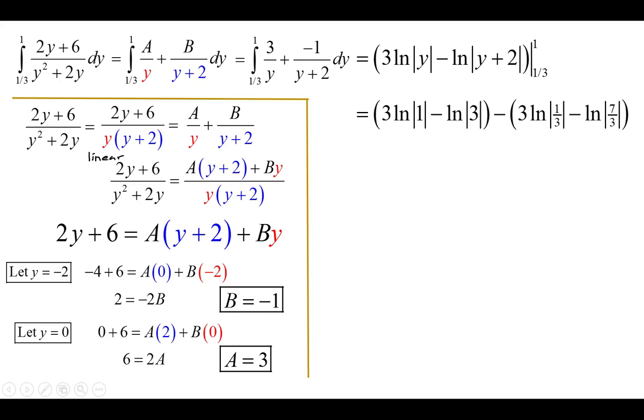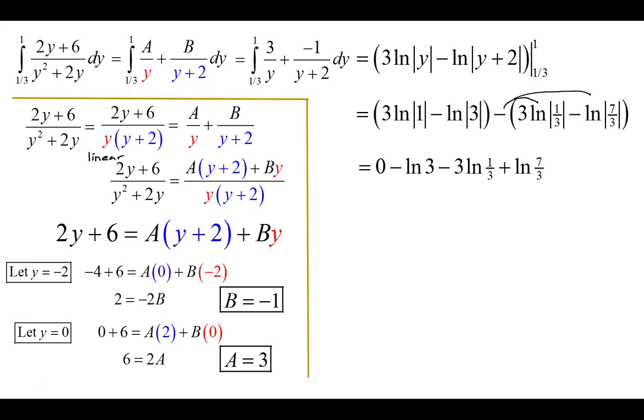So I'm going to put a 1 in, and I get log 1 and log 3. When I put a third in, I get log a third, and then 2 plus a third, that's 6/3 plus a third. So that's how I end up with the 7/3 that is here. Okay, now there's more than one way to handle this. You can do whatever way works best for you. What I'm going to do is, first off, get rid of the parentheses, distribute the negative across. And so we have -3 log of a third and +3